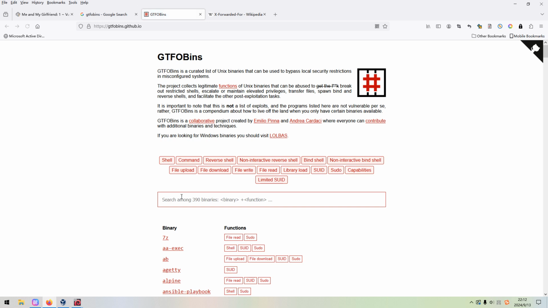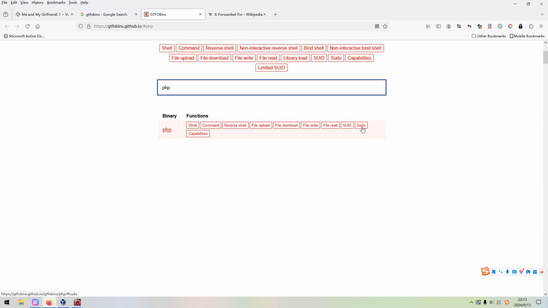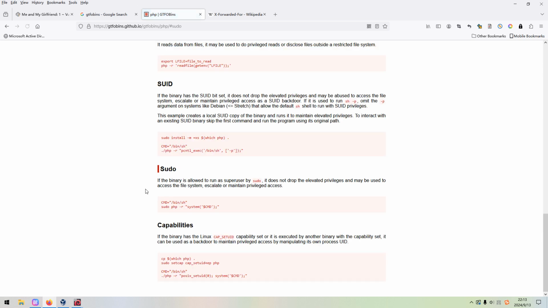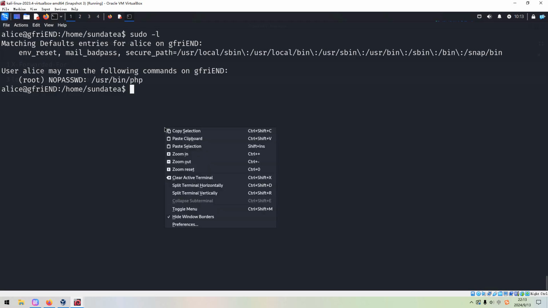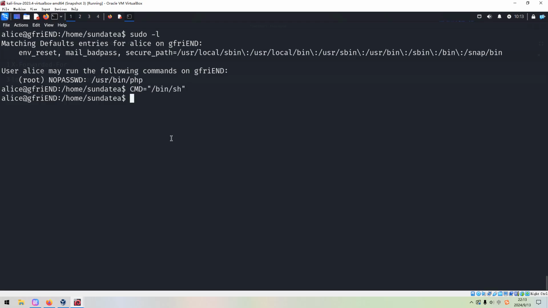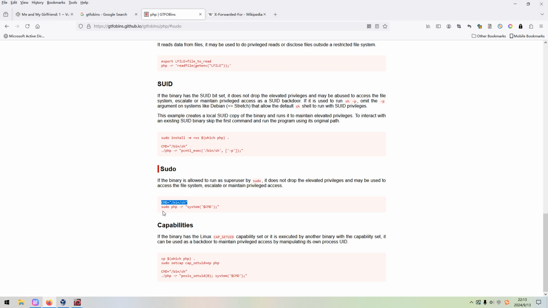So we can put in PHP and go to the sudo section. For us, we just follow the instructions and commands given by this website. We can paste it over here. Next, we can run this command.